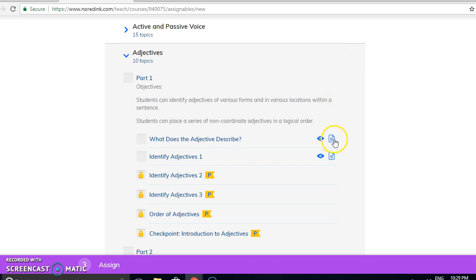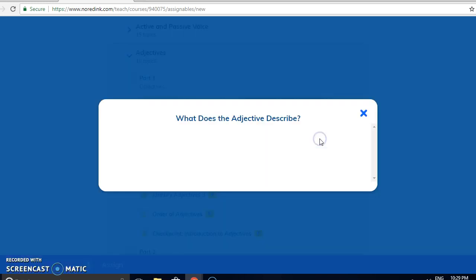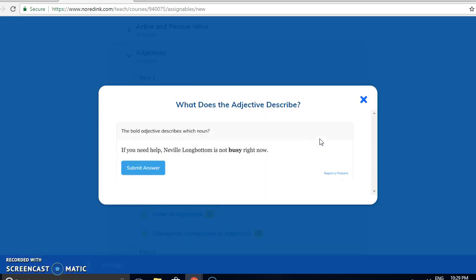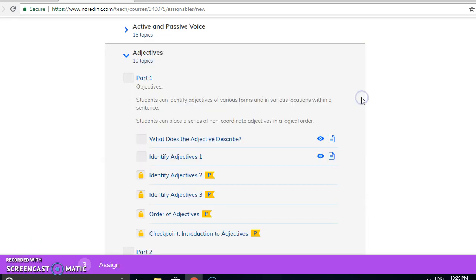And then if you click here, you can preview the lessons. So they start off with a question, and you pick which adjective is describing which noun. So in this case, we will take a look here. If you need help, right, so in this case it's just showing me the preview, so it's not letting me actually click on it. But if I click here,